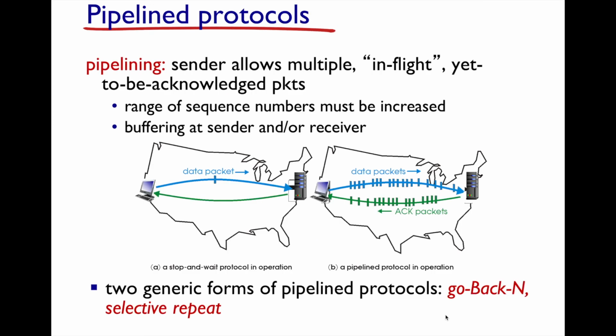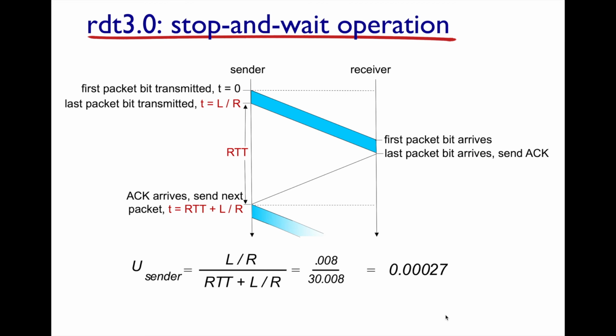Okay, so pipeline protocols, what are they? Instead of having one packet in flight, and this word in flight means that the packet has been transmitted and it's now propagating its way down the wire. Now, going back to the previous diagram, during this time, that 15 milliseconds plus 15 milliseconds, or 30 milliseconds, the sender's not doing anything. So if the sender's not going to do anything anyways, why not use that time transmitting more packets? Because this packet has been fully transmitted and now it's making its way down the wire. So by sending more packets